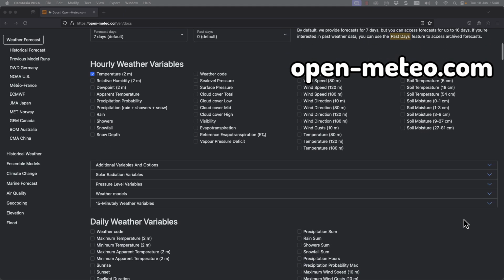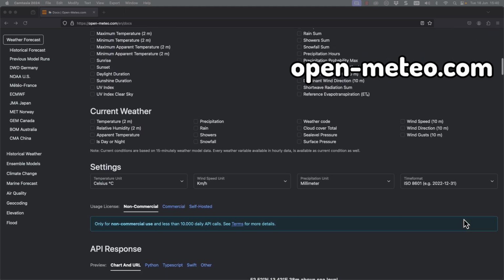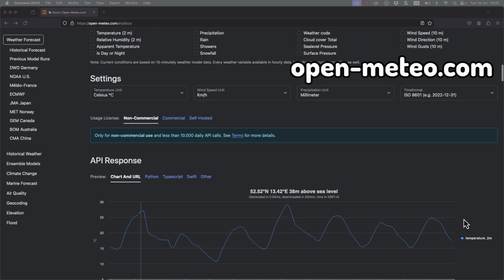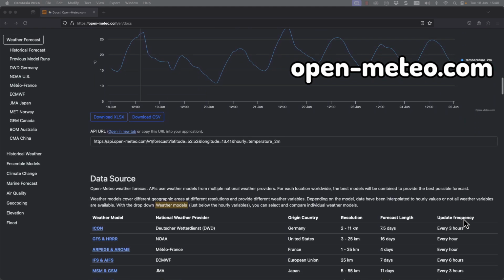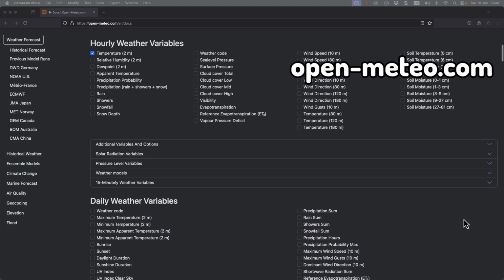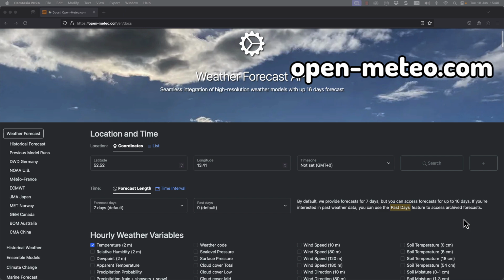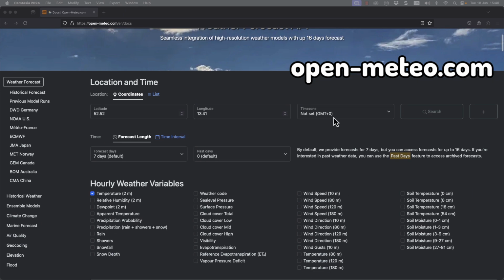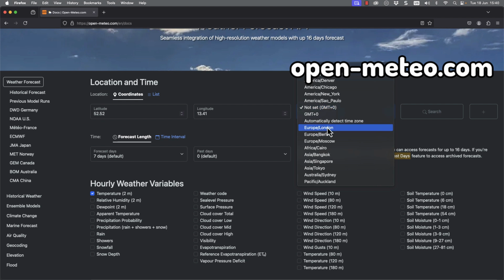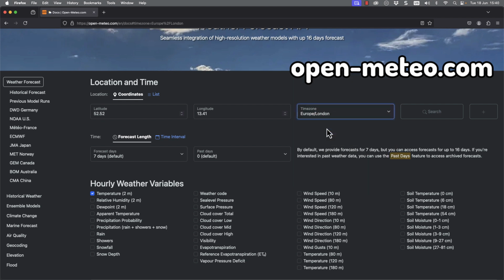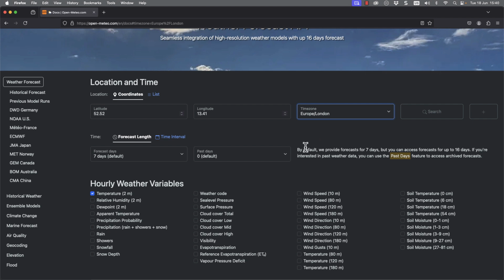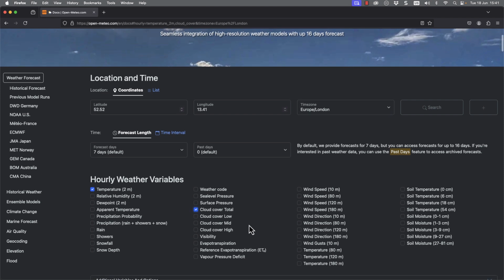As we start looking through, we can see different selections that we can make in our forecasting. The default is just to show you the temperature over the next 7 days. But we can go through and choose other parameters. So I'm going to set in the time zone, just making sure that the time is set correctly. I'll leave the longitude and latitude set the way that it is, but we have the temperature. But we could also go through and include other weather data. I'm going to put in the cloud cover.